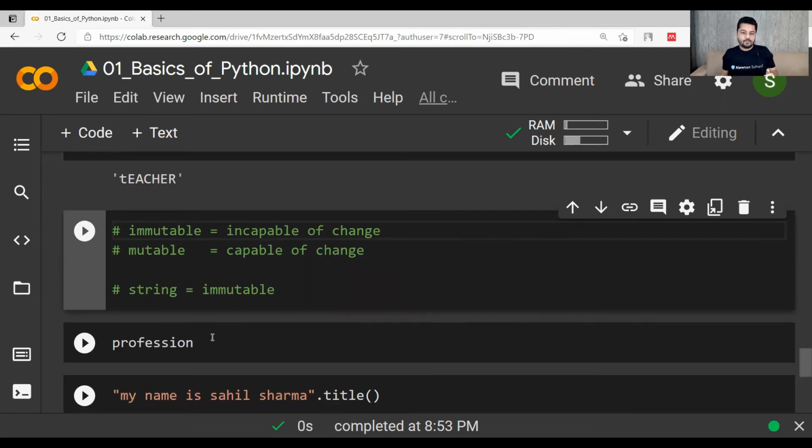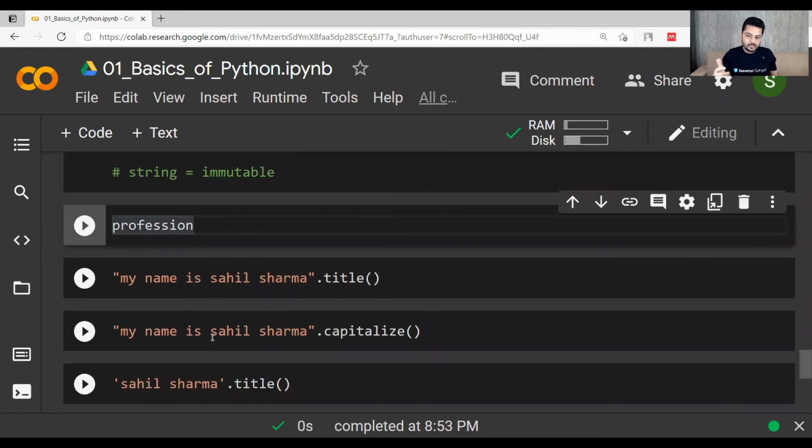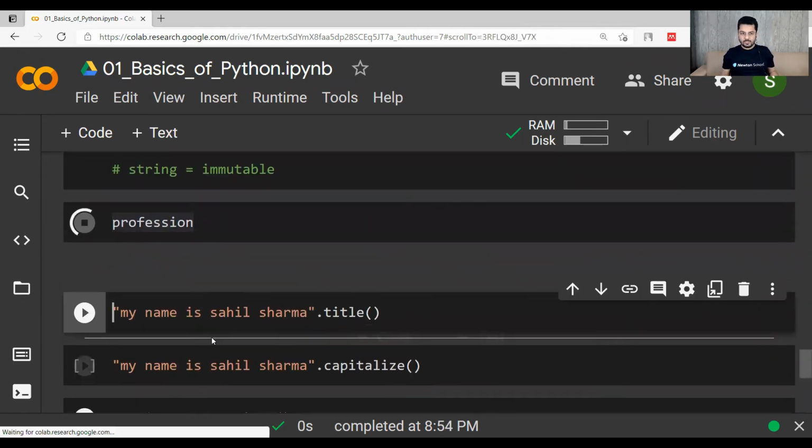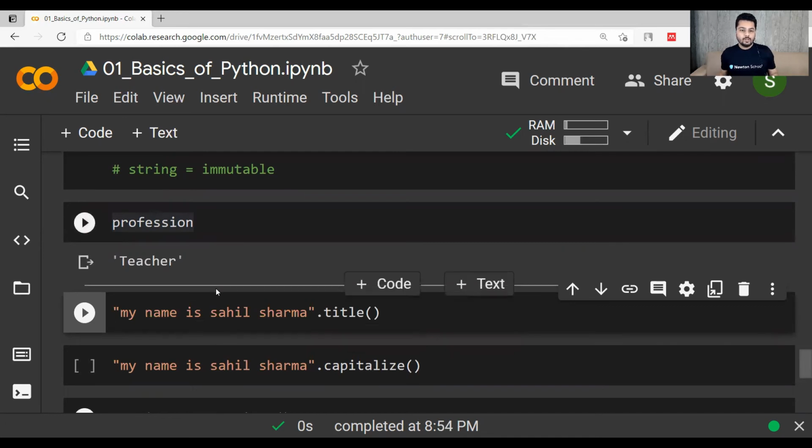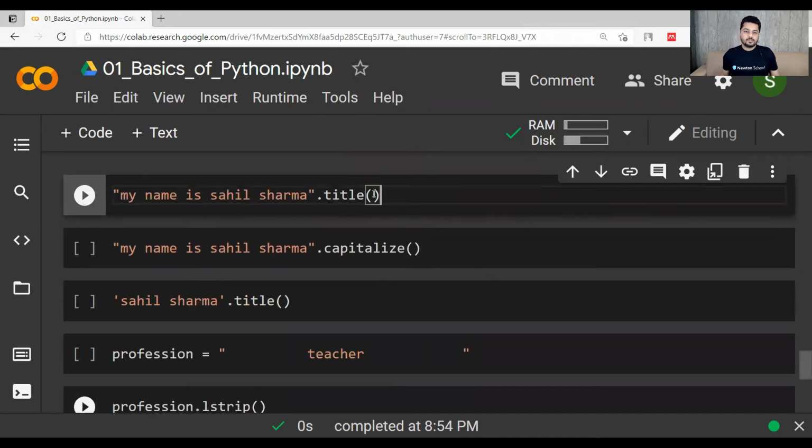Now if I print the profession, which was the original string, it will be the same, teacher, without any change in the casing of characters.